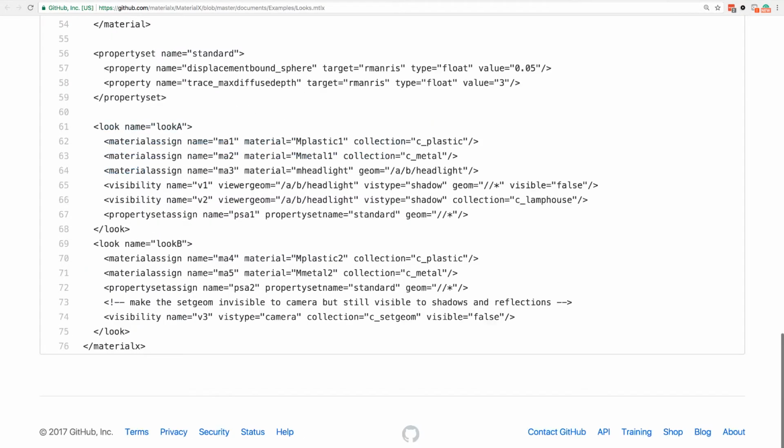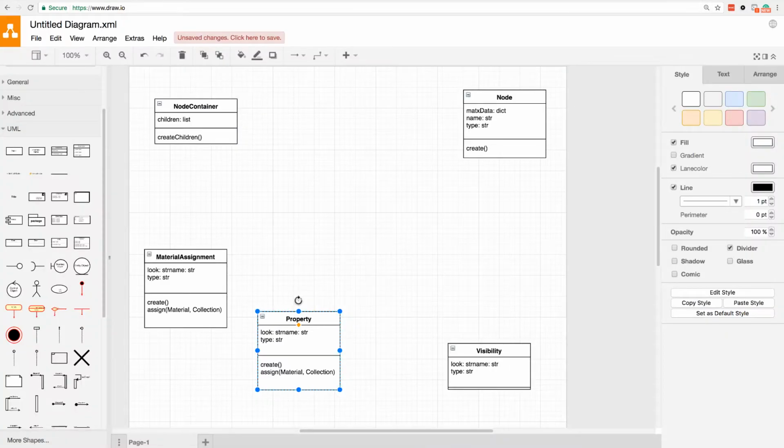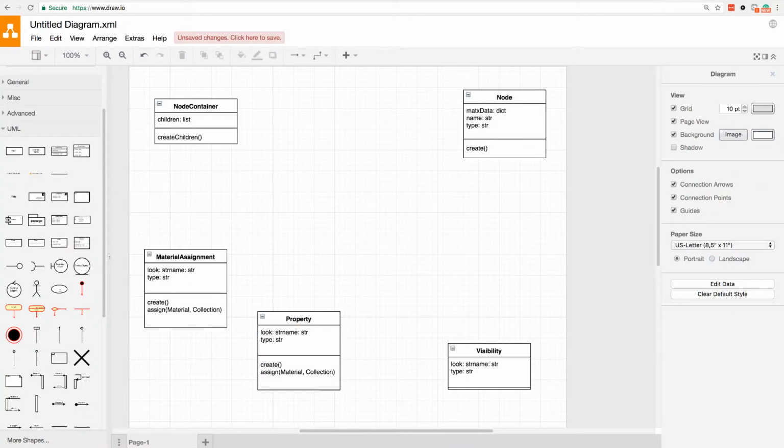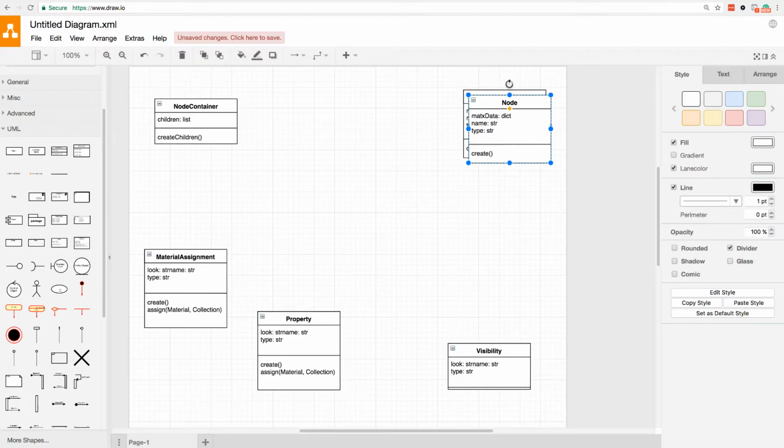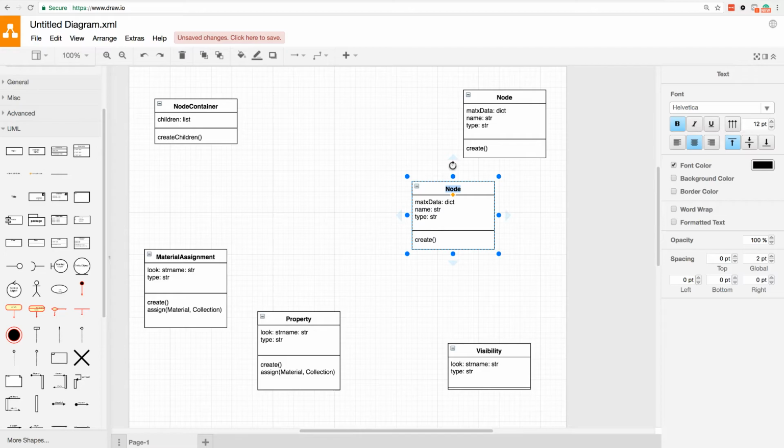If we go down here, let's look at the look. We have a look, which is a node, and then it's going to contain a material assignment, right? So basically, when we write the look, we're going to need to write the material assignment. So we're going to go ahead and create a new node, and this one's going to be called look node, right?